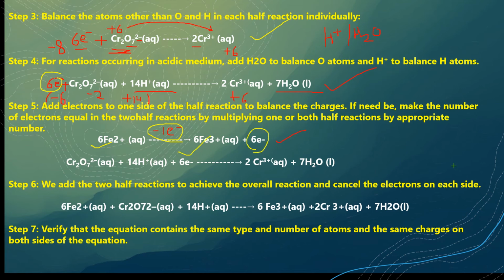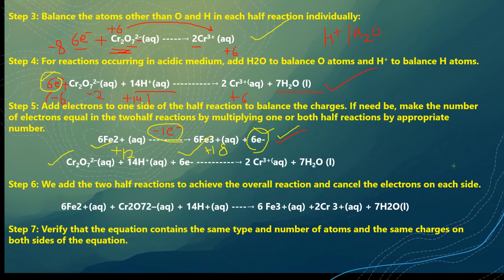We have to make electrons gained and lost equal. So that is why we have to multiply this equation by 6. And this equation we already have. The equation for ferrous and ferric ions, is it already balanced? 6 Fe2 plus means 12 positive charges. 6 Fe3 plus means 18 positive, and we have introduced 6 negative, so it also becomes 12 positive. So perfect, it is balanced.